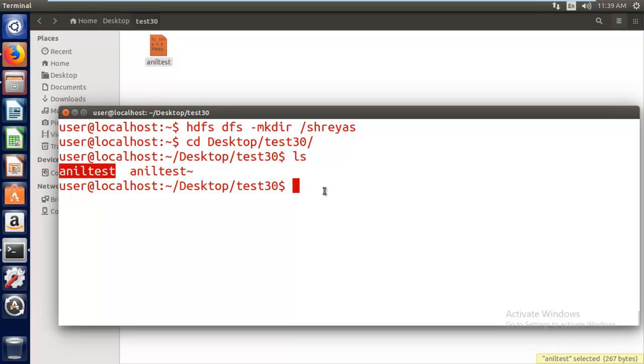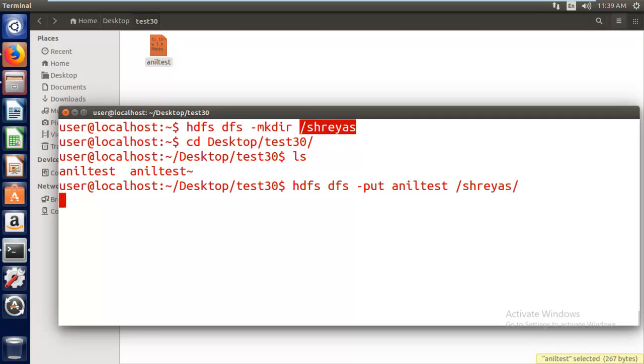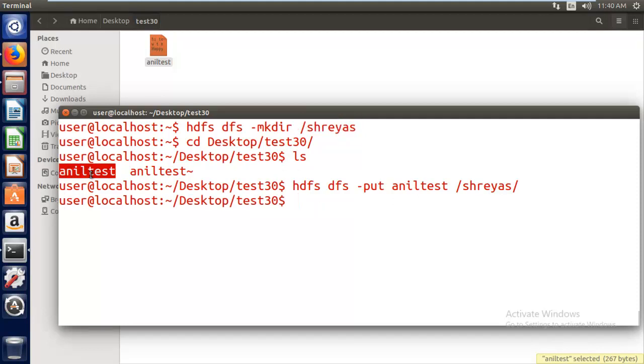Now I will give the command: hdfs dfs -put, then the file name Anil test, and where I want to copy it, the Shreyas folder in HDFS. That's it. Now I have copied my file Anil test, available in the local file system, to my Hadoop folder called Shreyas.